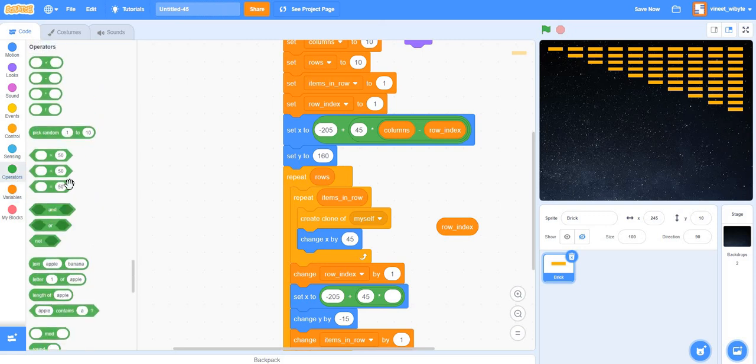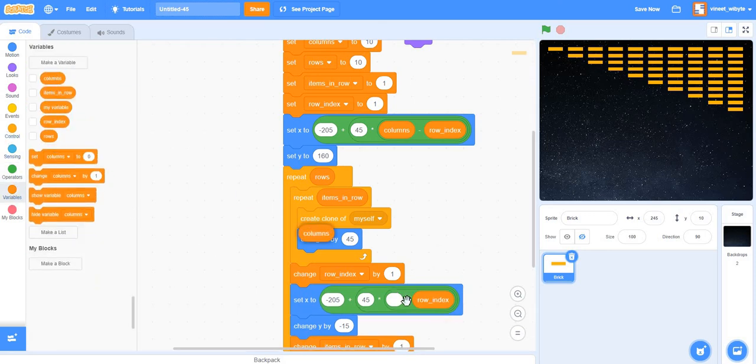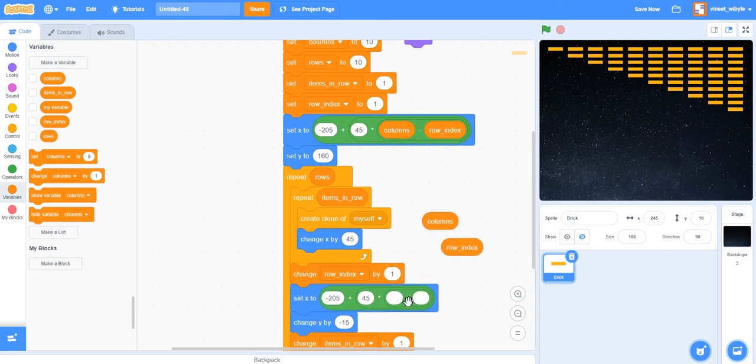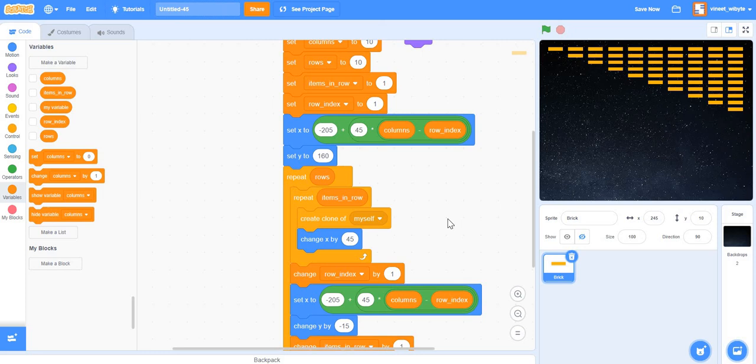Do it slowly. Operators can get a little bit messy sometimes, but if you do it slowly, you'll get it correct, right? So I'll say variables, columns minus, let's do it very, very carefully. So I've got this here. Columns minus the row index. I hope I've got it correct. Yeah. So what will happen is, let's say we start with row index of 1. In this case, notice I've made it 1.